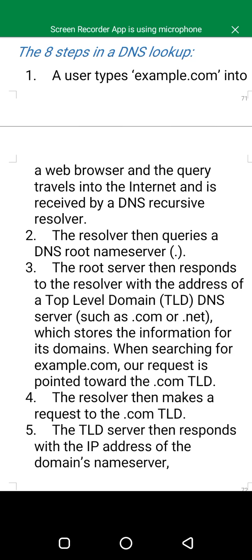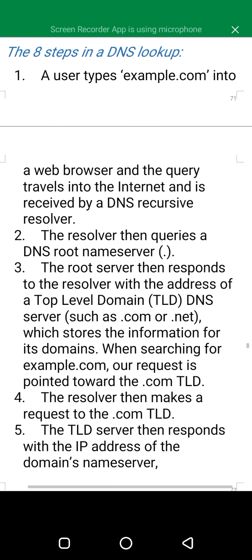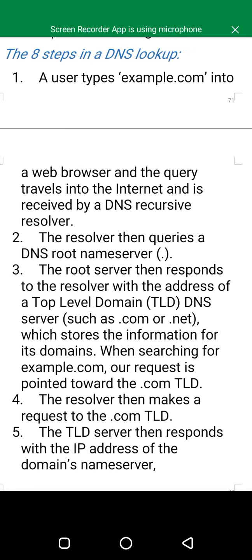Number 1. A user types example.com into a web browser and the query travels into the internet and is received by a DNS recursive resolver. That is step 1. Step 2.